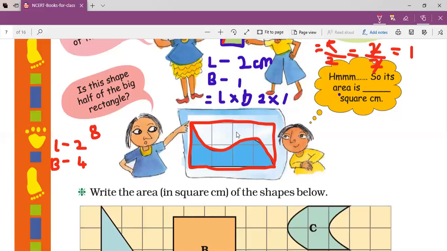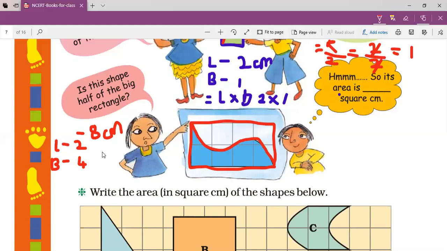What is the area of this rectangle? It is 8 square centimeters. Understood how I got the 8 centimeters? I'm not writing it here just because it is taking a lot of time. I'm using the pen of the laptop, so it takes quite some time. So I'll just tell you, just listen to whatever I'm saying properly.